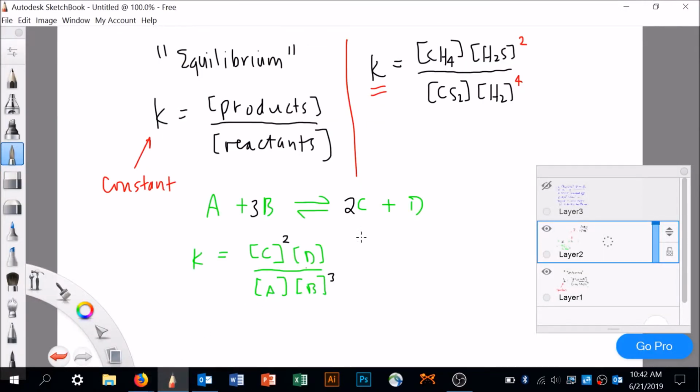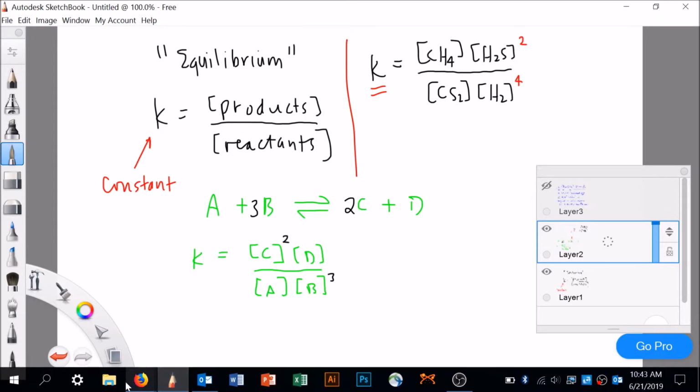I'm going back and forth to the whiteboard. Hope that's not making you dizzy. So if methane is added, that means that the overall ratio is going to go up. That is, unless some of this comes down and that goes up, right? Can you see that? Because K, the ratio, has got to be constant.